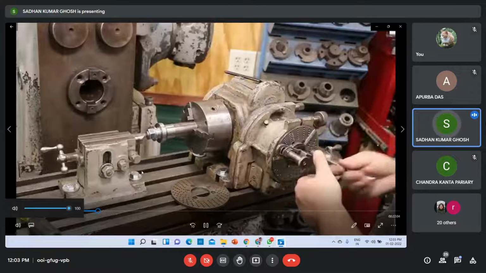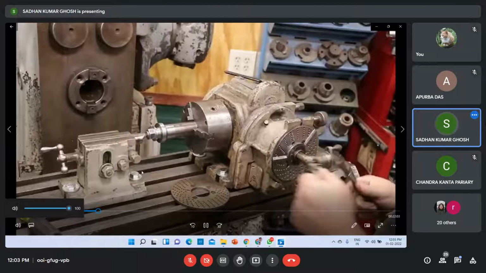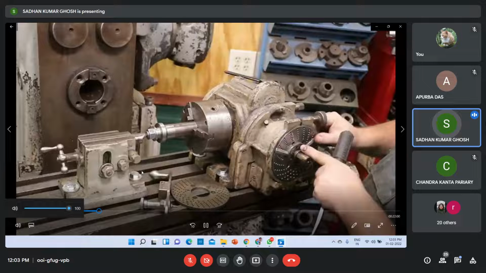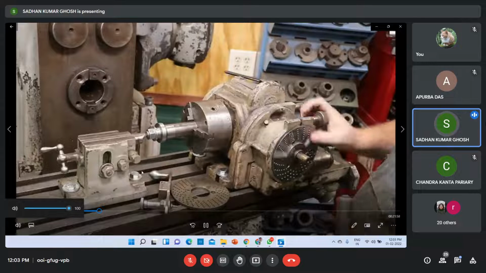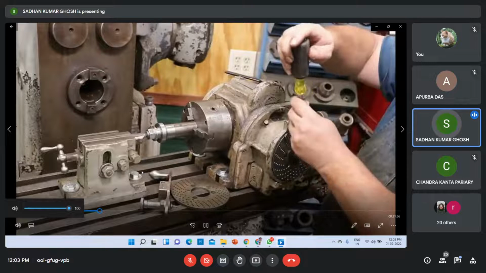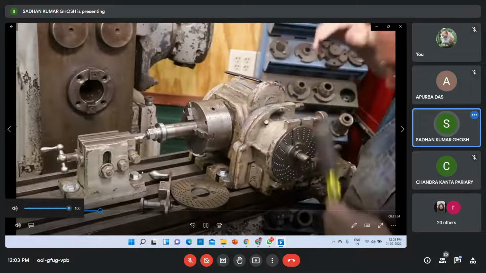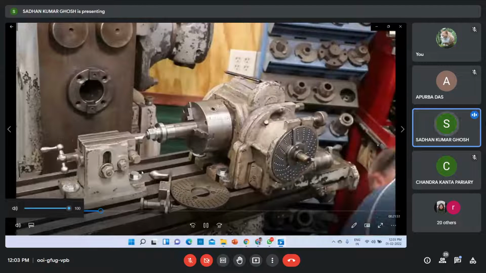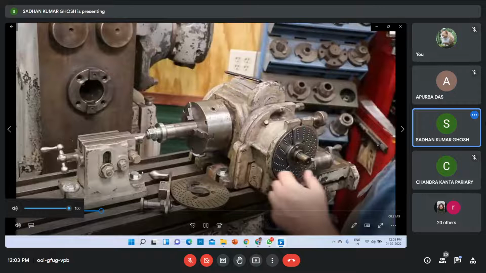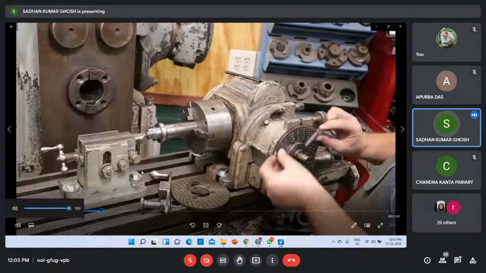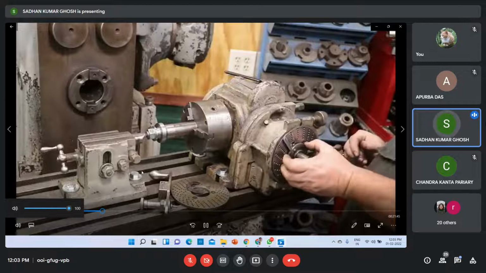We'll start by taking the handle off. There's a clip here that holds the sector on there, so we need to take that out. Let me knock that clip out. Alright, we'll pull the sector out.